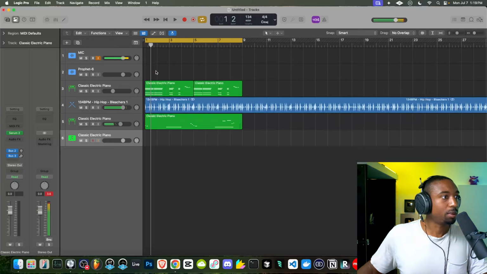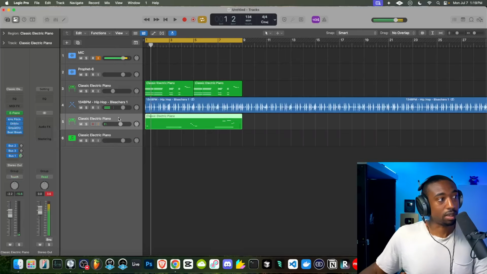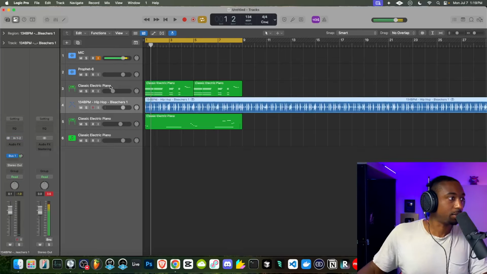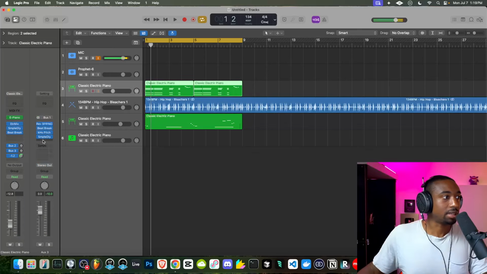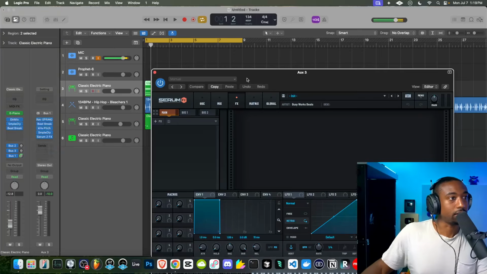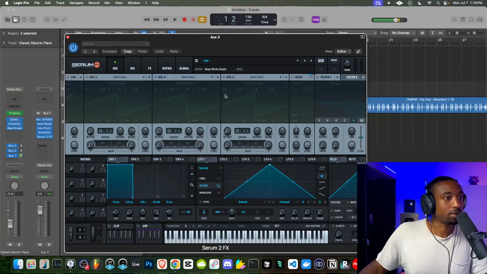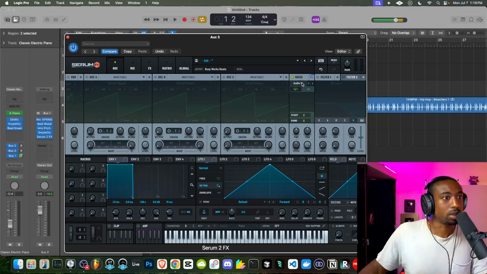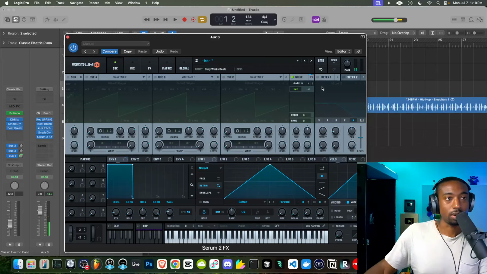All right, now another plugin that people sleep on is the Serum Effects plugin. So not Serum as a synthesizer, but as an effect. I'm going to lightly touch on this because for this sound I don't really need it, but I'm just going to show you guys how to use it. So the Serum Effects, we can go to the front panel, go to where it says noise. We want the audio in, and then we have to click where it says note latch. And now the audio is going through Serum.